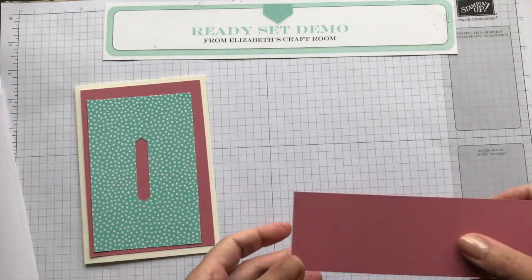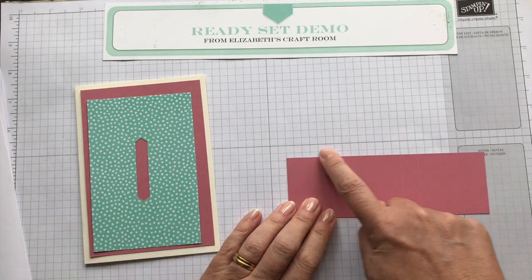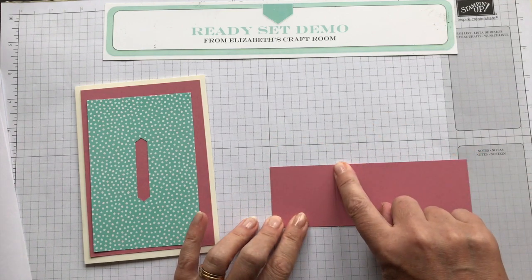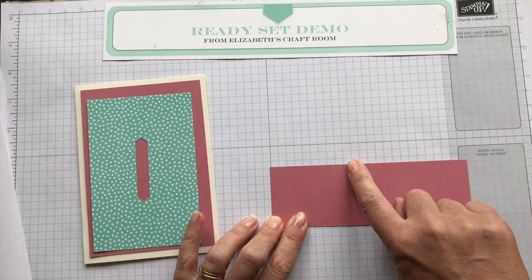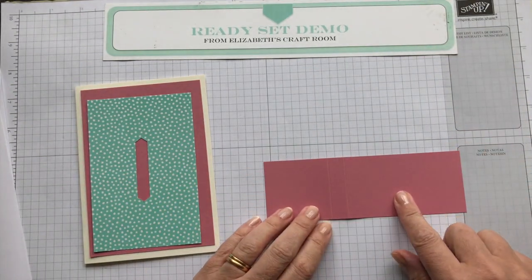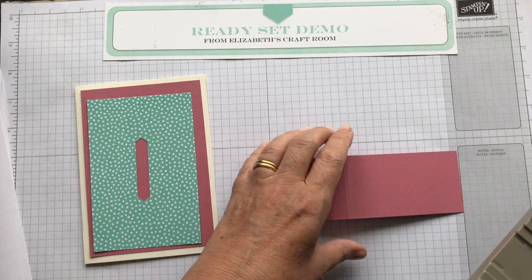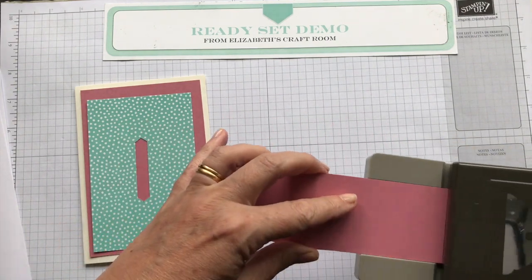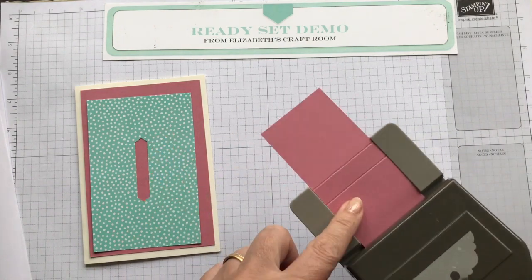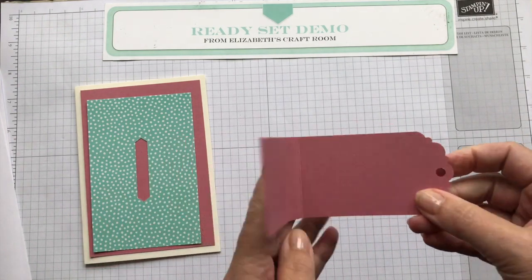Right, let's play with the mechanism. So for this you want a tab of 6 inches by 2 inches, and we're going to score, I'm turning it the other way around now, at 2 inches by 2.5. So you can see I have already scored those 2, and we need to punch. And you can use the tab topper punch, or you can use the delightful tag punch. And I'm going to push that all the way in and punch,